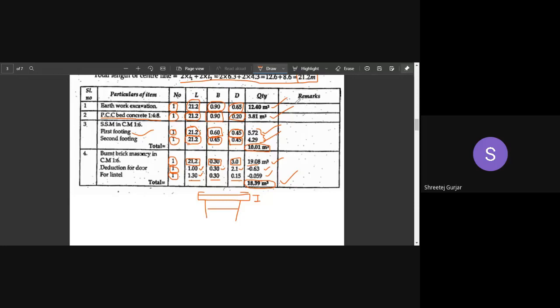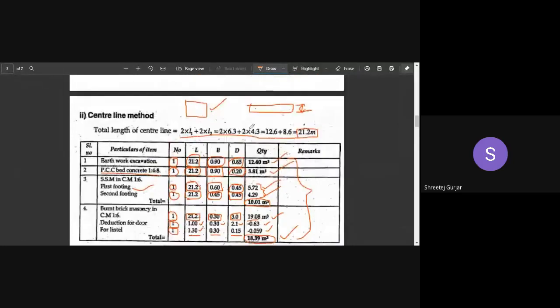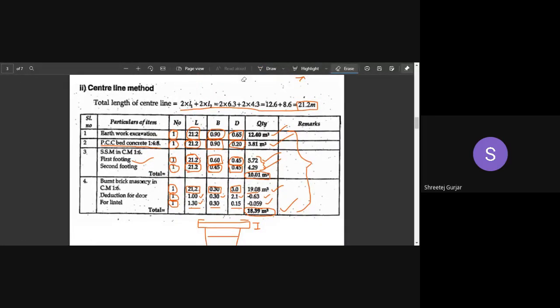So with this, your centerline method is over within this small tabular column. You can see that for this problem, your centerline method seems to be very easy. So this is how you calculate for a centerline. If you have doubts in centerline, you can ask now. And if you have no doubts, I will open the previous thing and let you copy down the problem. You have 2 minutes. It is 11:58, and you can copy it down until 12 o'clock. Simultaneously, if anyone has doubts, you can always ask.